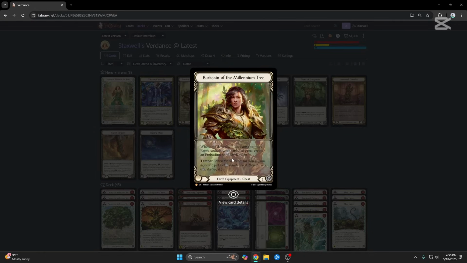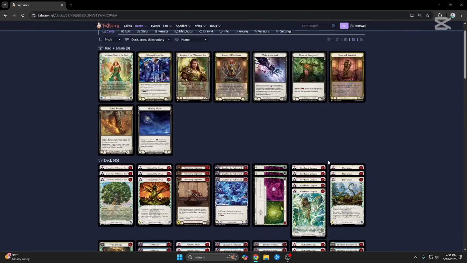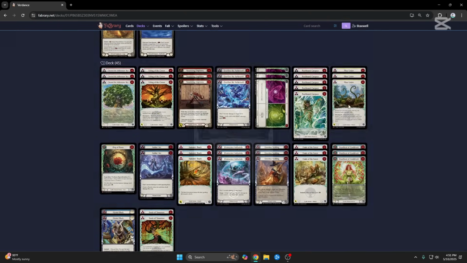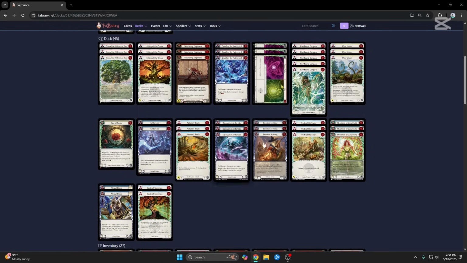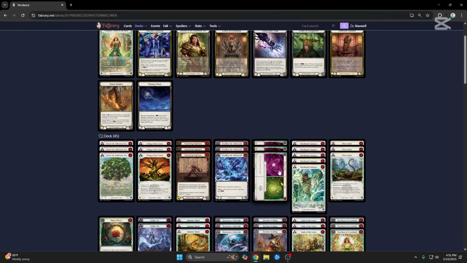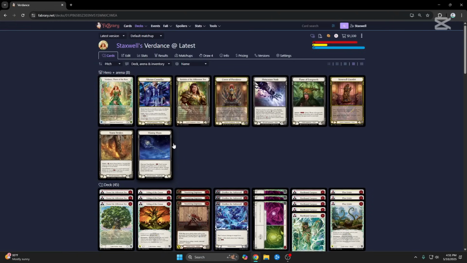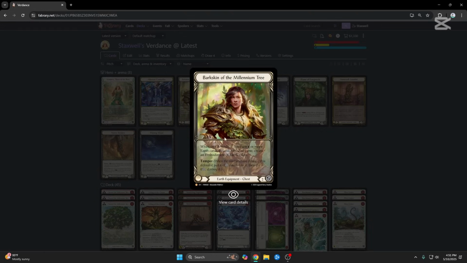Bark Skin of the Millennium Tree is in here over Tunic because there's just not enough good Tunic plays in the deck. Everything either costs 3 or 2, and the things that cost 2 don't have go again. So it's a little bit tough on that front. Like, what are you going to do? Felling Tunic Waning Moon, but you can't because you don't have the Tunic resource. The only thing I miss with it is being able to Pulsing Aether, Life, Tunic, shoot the Waning Moon. It's the only thing I ever miss with Tunic,